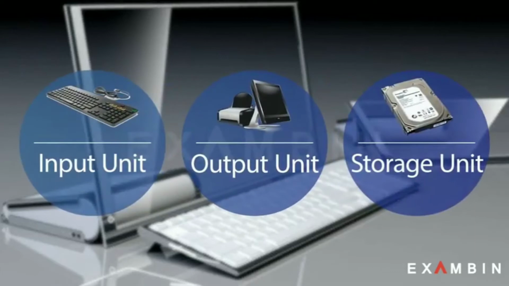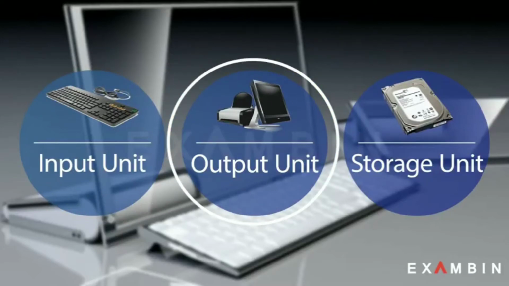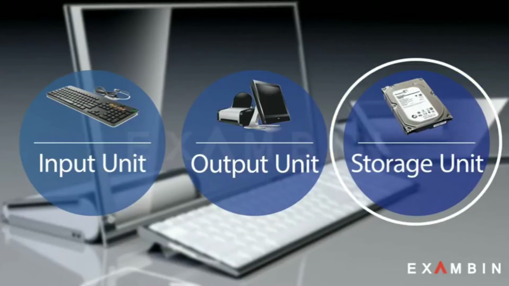Number 1, input unit. Data and instructions must enter the computer system before any computation can be performed on the supplied data. What is the output unit? The job of the output unit is just the reverse of the input unit. The supplied information and results of computation are given outside in a meaningful form. So what we see in videos, audios, or in printer format is all called the output unit.